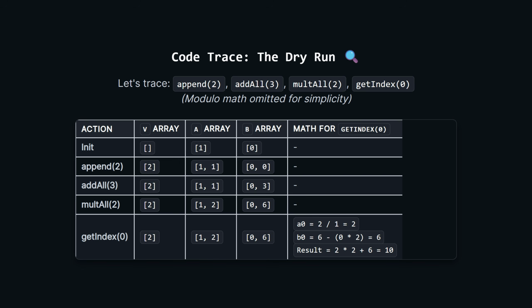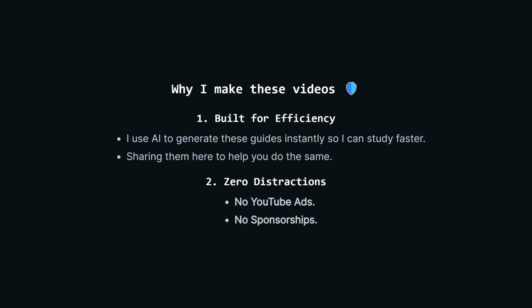Now, we check index 0. Our math calculates the difference between the current state and the snapshot state. It figures out the net multiplier was 2, and the net addition was 6. 2 times 2 plus 6 equals 10. It works perfectly. We will look at the next approach in just a second, but first